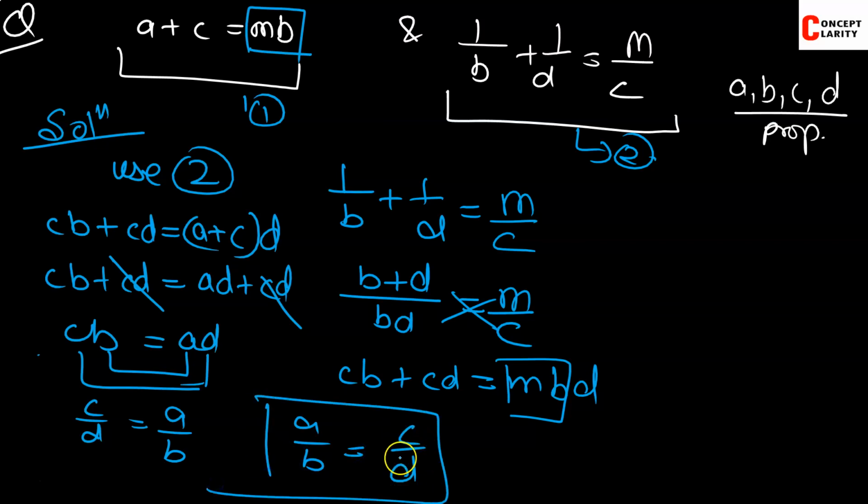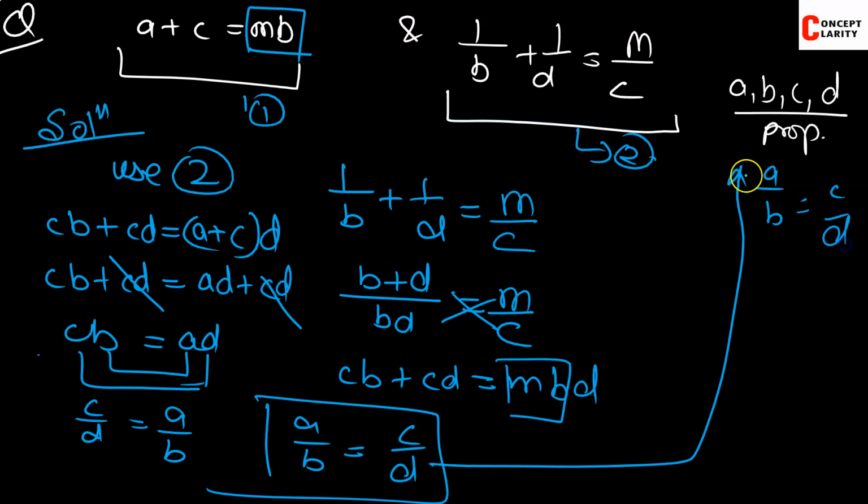So we wanted to prove that they are in proportion. For this to be in proportion, it is A is to B is equal to C is to D. We know the formula for 4 quantities to be in proportion. So we did this. It is very easy. It was asked in 2015, and the marks it carried was around 4 marks. So in 4 marks you have to just use the 2 equations and that's it. Now let's go for the next question.